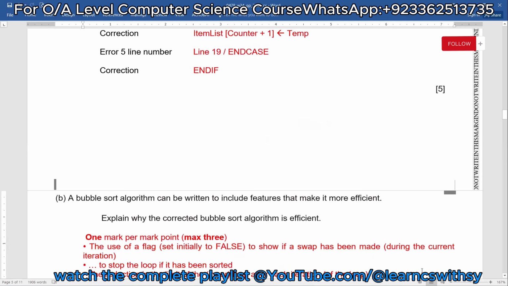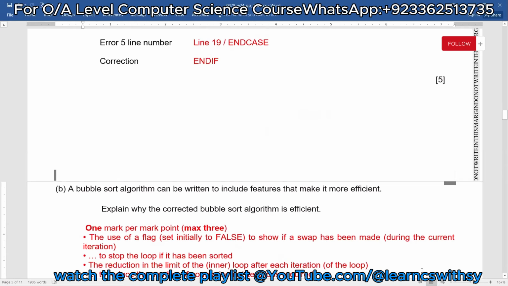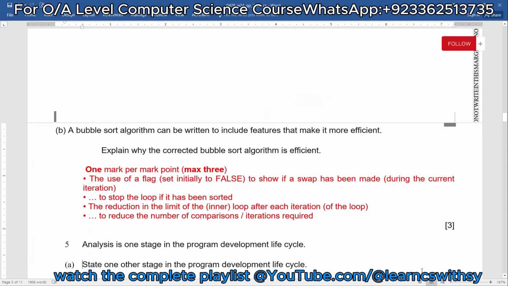A bubble sort algorithm can be written to include features that make it more efficient. Explain why the corrected bubble sort algorithm is efficient. Now, this is a 3-mark question, 1 mark per point, maximum 3. The use of a flag set initially to false to show if a swap has been made during the current iteration, to stop the loop if it has been sorted. That is why we have used the variable swapped,